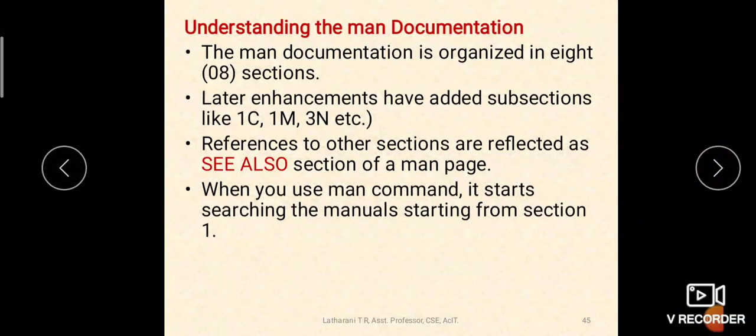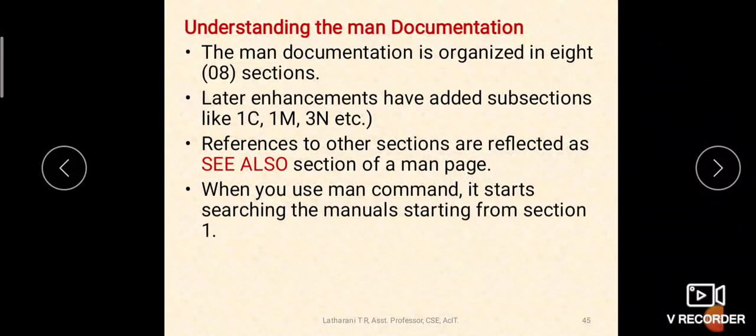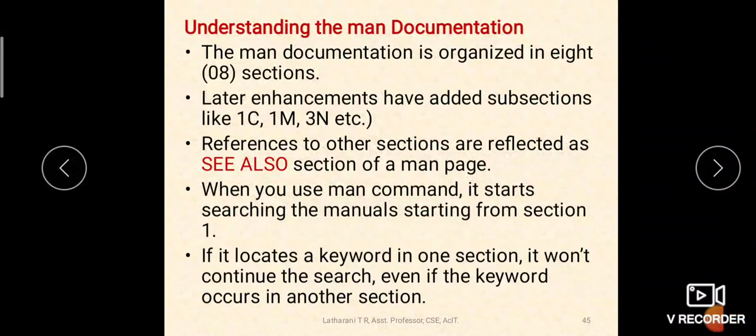When you use man command, it starts searching the manual pages starting from section 1, because as we have seen here that there are 8 sections in the man page, and when you start searching for a command in the man page, it will start searching from section 1. First section it will start searching. If it locates a keyword in one section, then it will not continue its search in the next sections, okay.